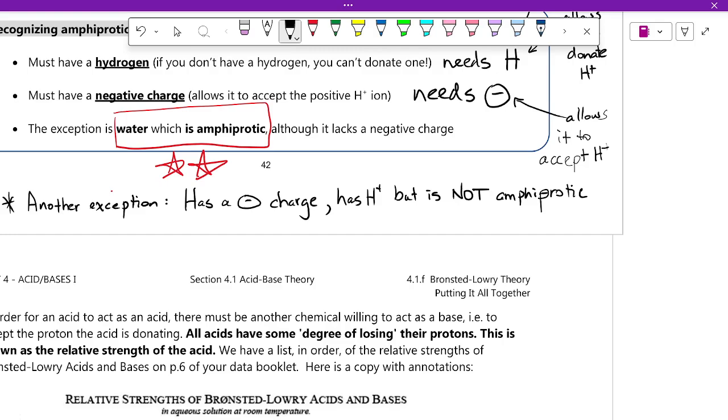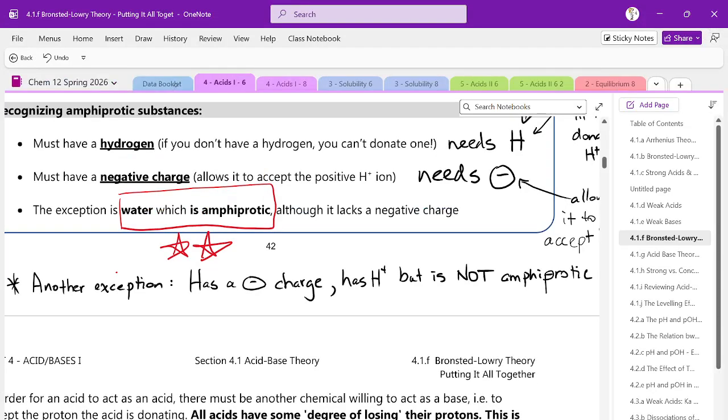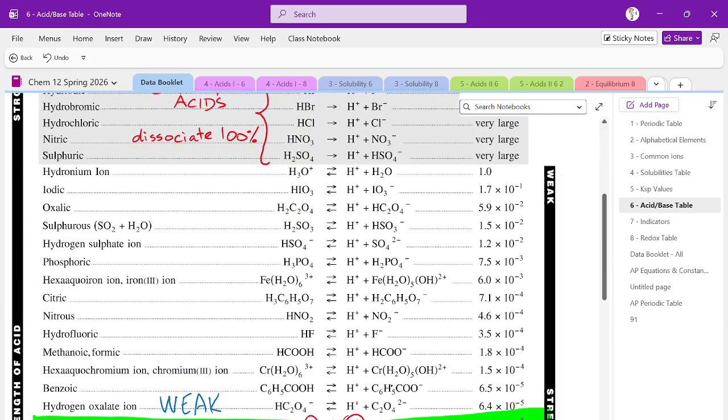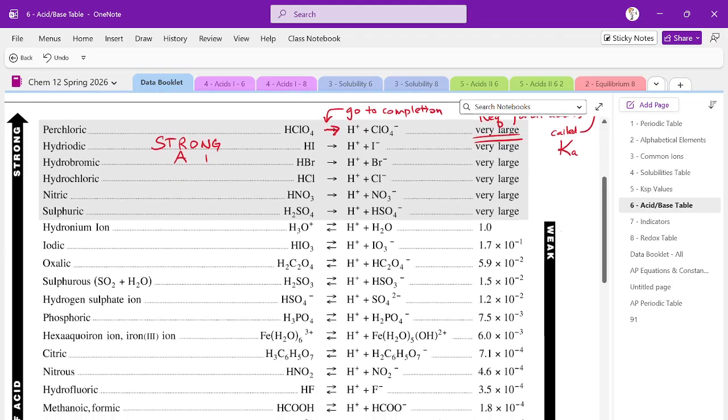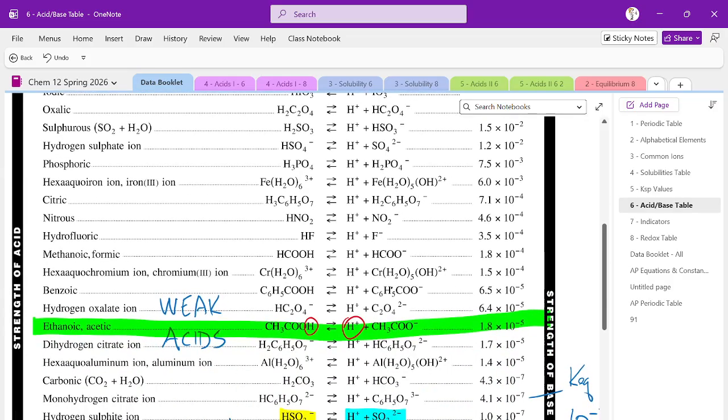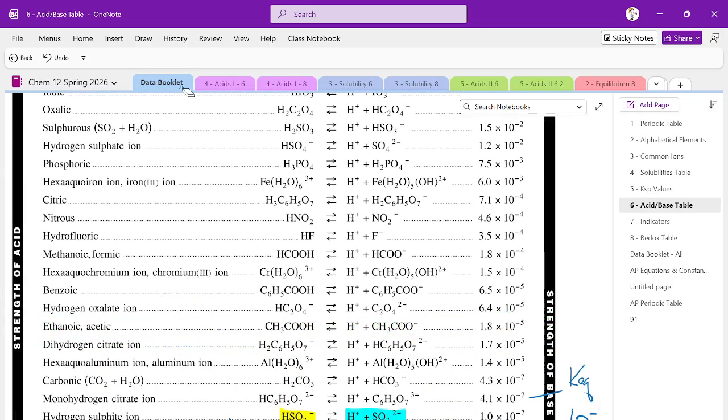This is tricky. You could start by finding a bunch of things that are able to act as acids and bases. Let's go find some